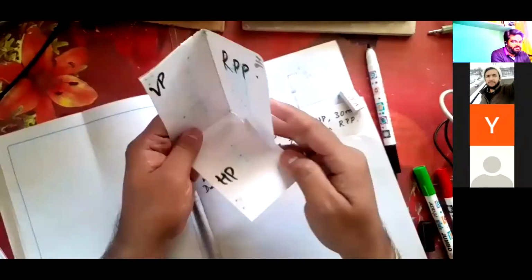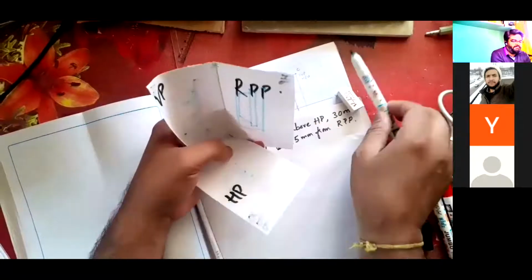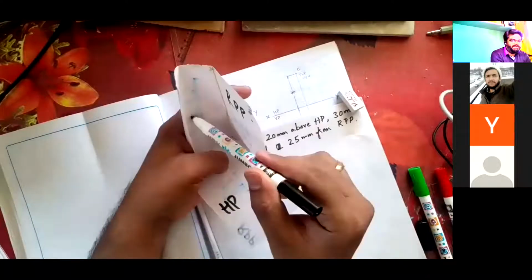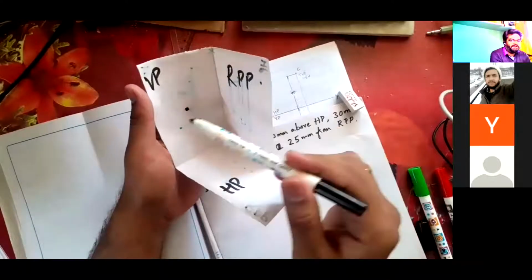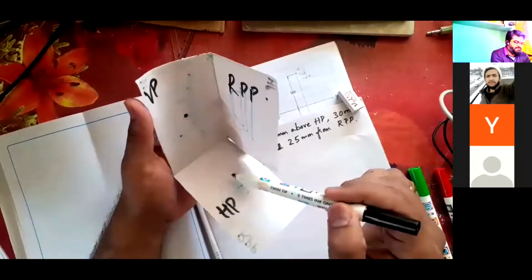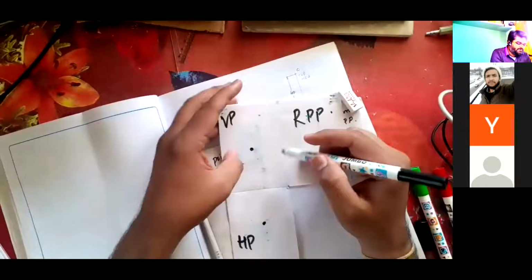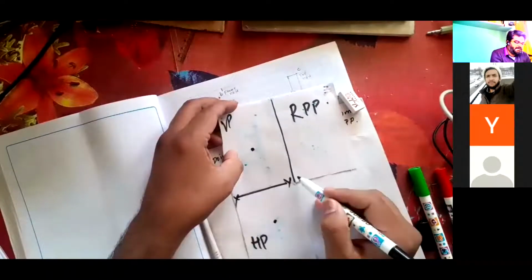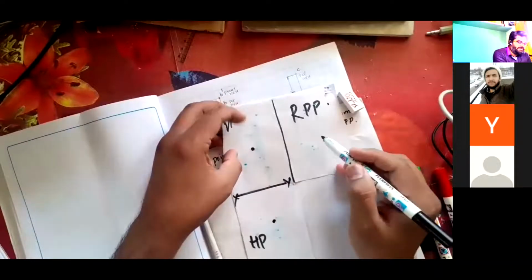A point's view I am drawing somewhere at a distance of 25 mm from RPP and 20 mm from the XY line, and I get this front view. Same way, at a distance of 25 mm and 30 mm in front of VP, I get its top view. This dimension must be mentioned, and this intersection of VP and RPP has to be known. This is XY, this is X1 Y1. We are going to represent the same and represent its side view. I have to look at this object from the left and project its side view.